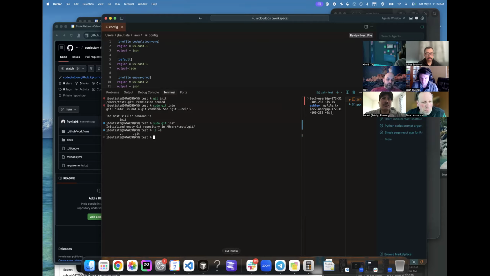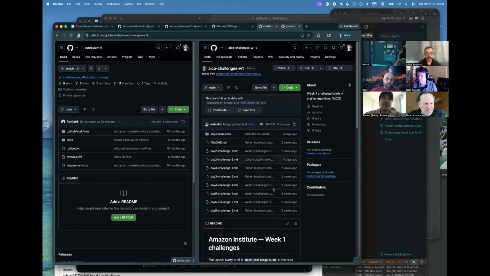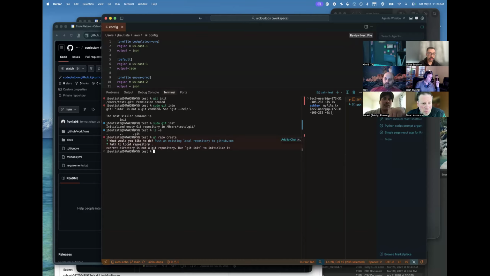So does this repo live in GitHub right now? Exactly, it doesn't. This is just a local repository. I would have to do a push to get it onto GitHub, or I could use the very handy gh command, gh repo create. It's going to ask me through an interactive session what I want to do. I'm going to say I want to push this existing repo that I just created, and I use the period symbol to specify